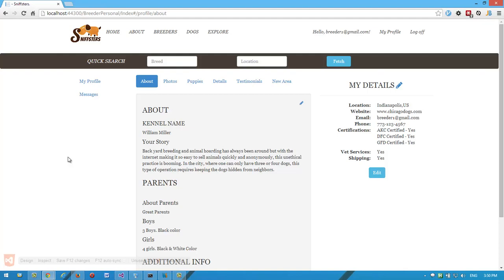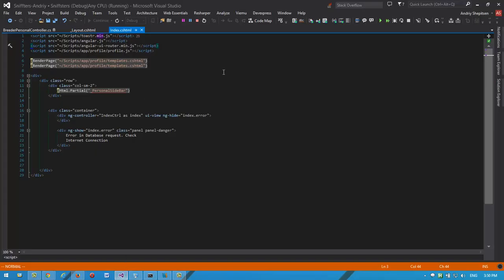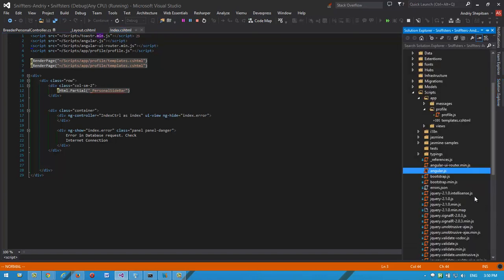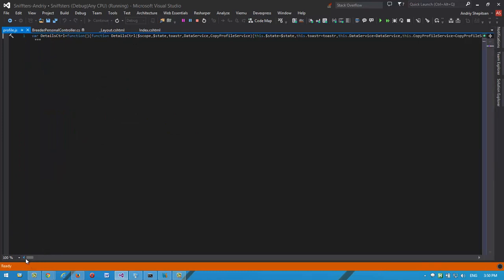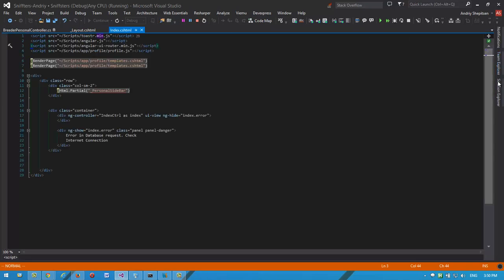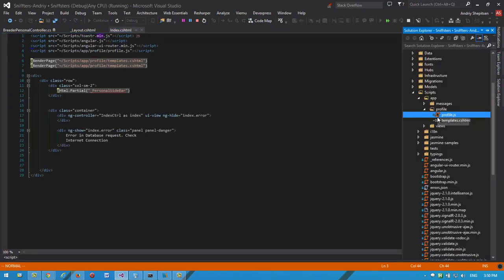We do all the development and then switch to Visual Studio, and it has some additional advantages. So if we take a look at our profile.js file, you can see it's minified. It's one line, there are no white spaces, there are no line endings, it's just one pretty long line, and this file